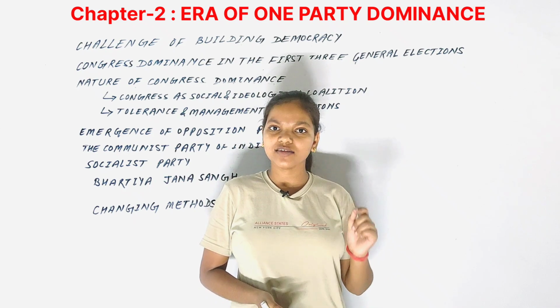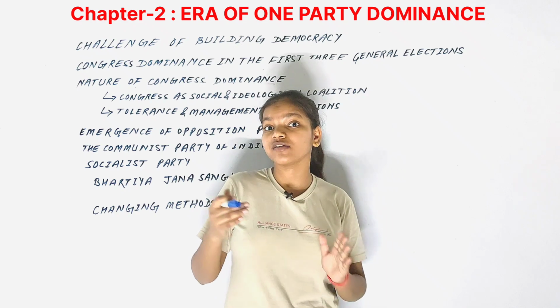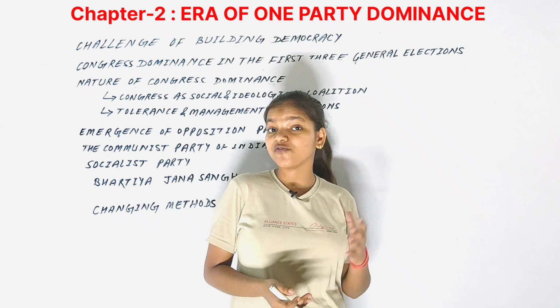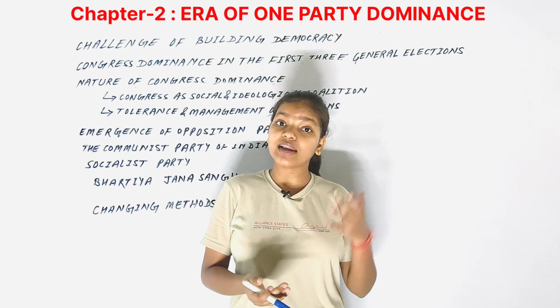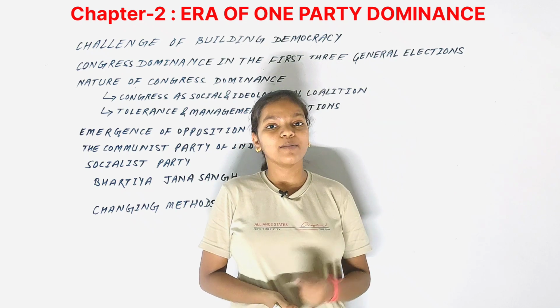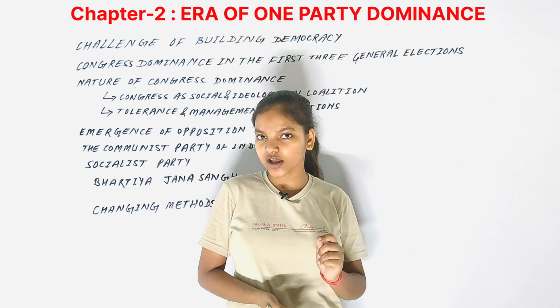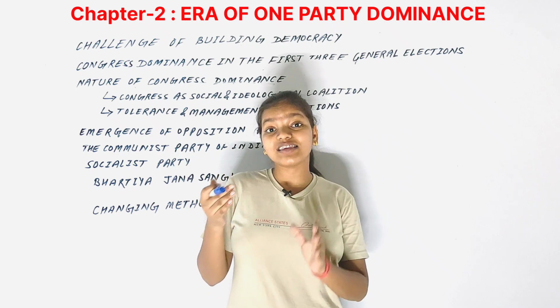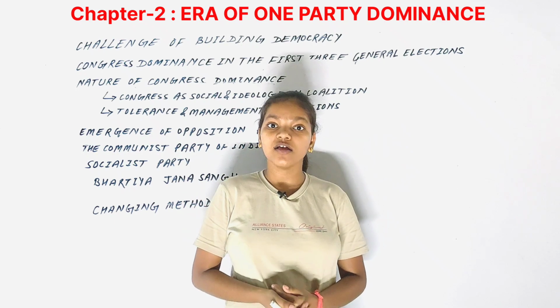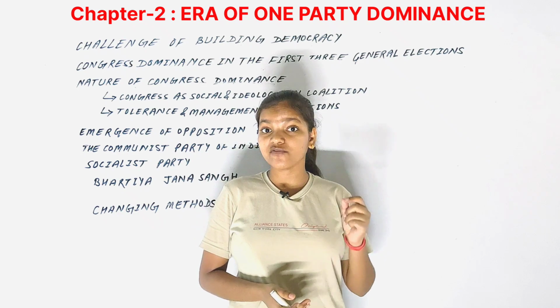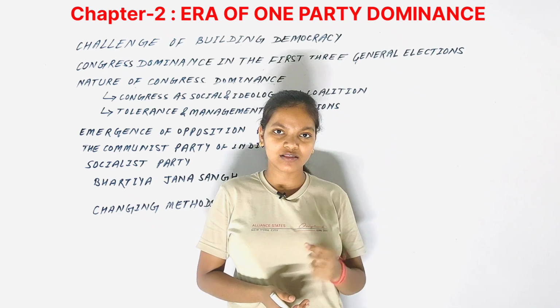In this chapter, basically, we will be studying about democratic politics, and when we say democratic politics, it refers to the electoral politics that comes with it as well. Basically, in this chapter, we will be seeing the electoral politics of the country after a decade after independence. So what happened for a decade after independence will be the major point of discussion in this chapter.